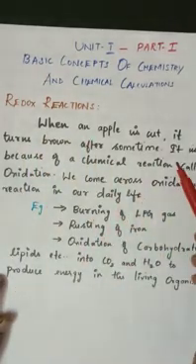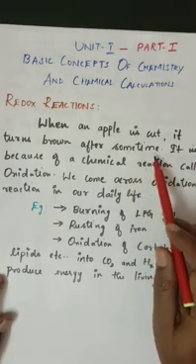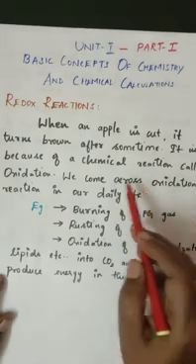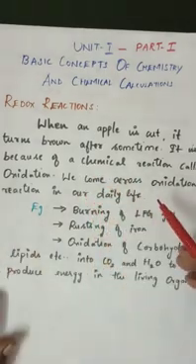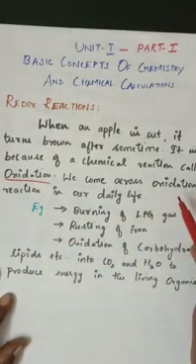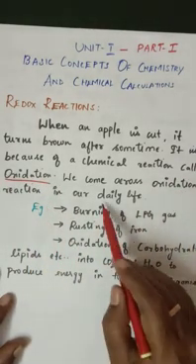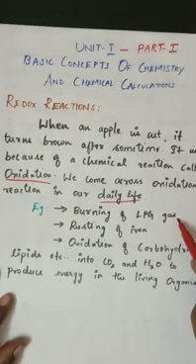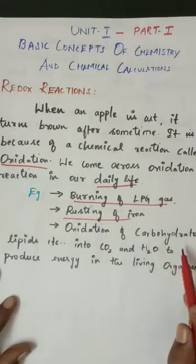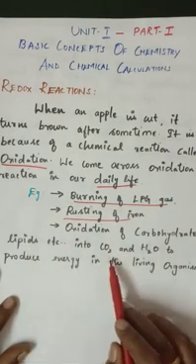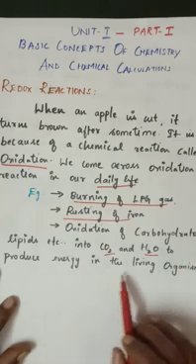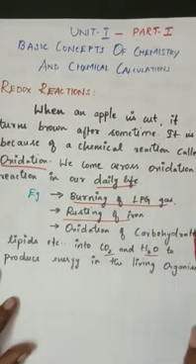Students, when an apple is cut, it turns brown after some time. Do you know the reason? Because a chemical reaction takes place. It is known as an oxidation reaction. Not only in the apple, oxidation takes place in daily life, for example, burning of LPG gas and rusting of iron, and oxidation of carbohydrates and lipids into carbon dioxide as well as H2O to produce energy in living organisms. These are all we are going to see.